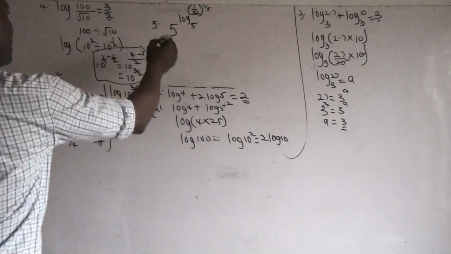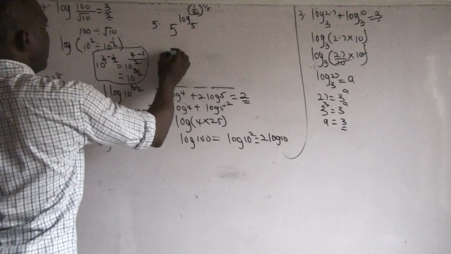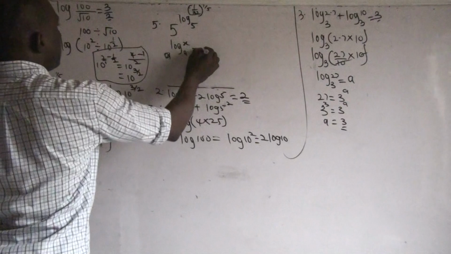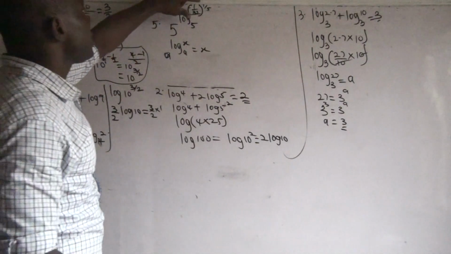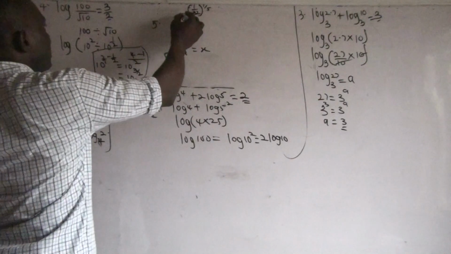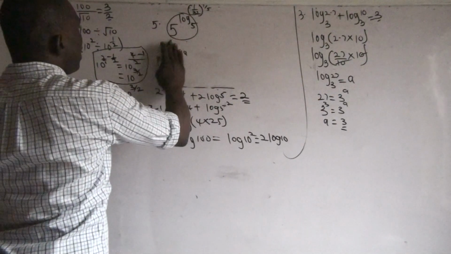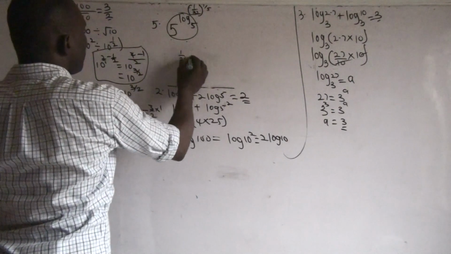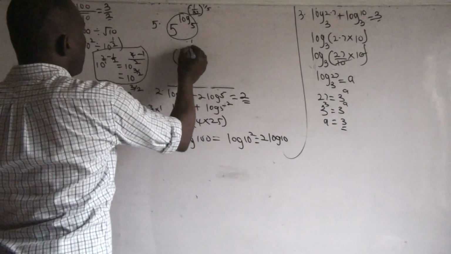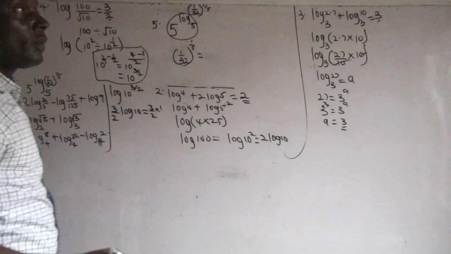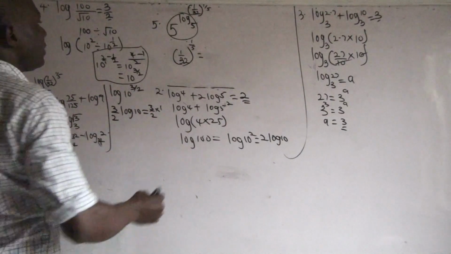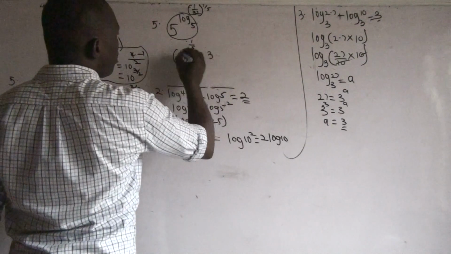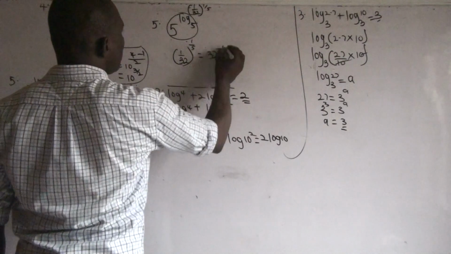And from the log, we said the other time, if we have a raised to the power of the log of any number x to base a, this result is just x. So that means all this logarithm we are seeing here now, these are off, and what we'll be treating here is just 1 over 32 raised to power 1 over 5. Okay, raised to power what? 1 over 5. And here, 1 over 32 simply means 32 raised to power minus 1 times